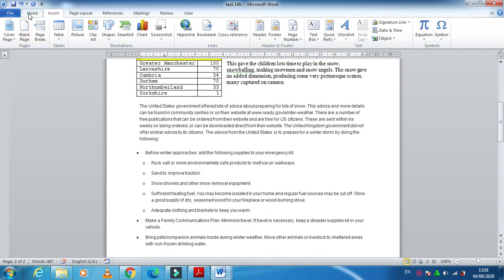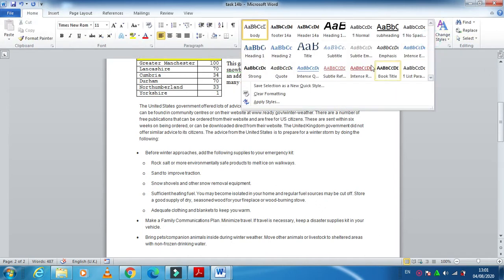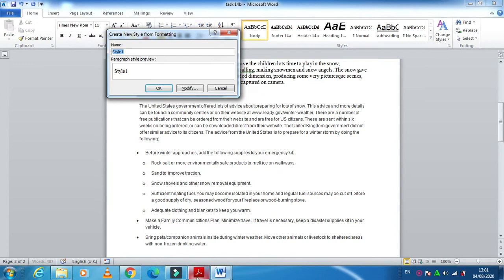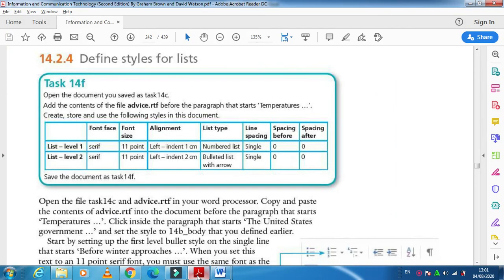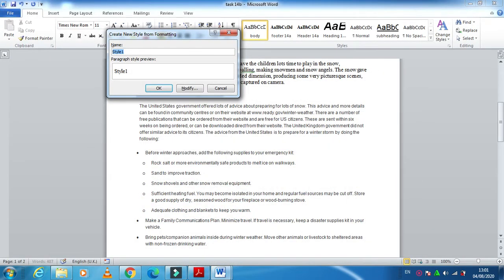Now I'm going to create a style here by clicking new, click style, and then here is list 1, list style 1, or level 1, sorry, level 1, and then just click on modify.